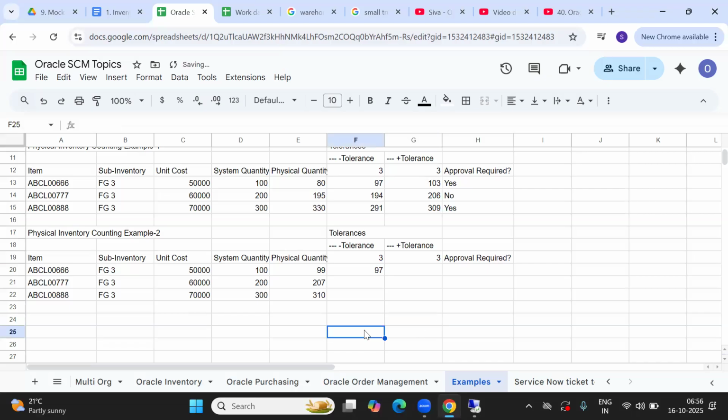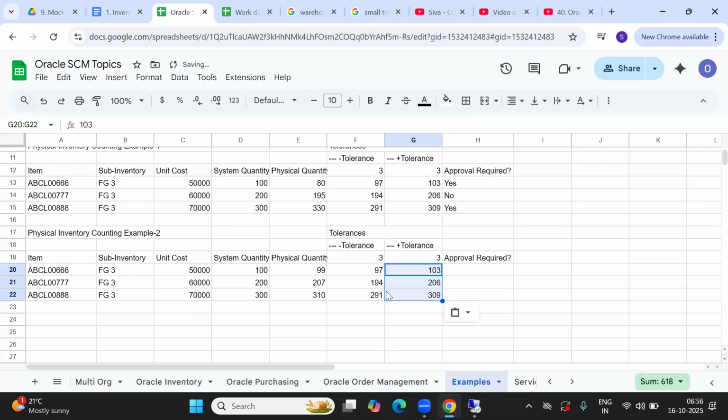Percentage calculation. If you go over 200, same. If it is 200, you will get 6 over there. This 6 you can remove from 200, and it will become 194, right? It will come here. That's how. I hope everyone has understood. Nothing changes. If we change the system quantity, the tolerance will change here.